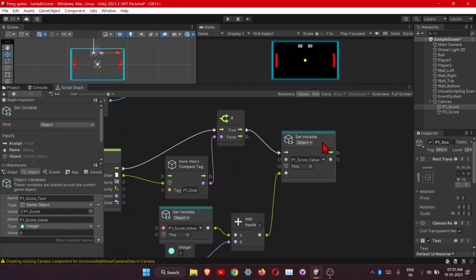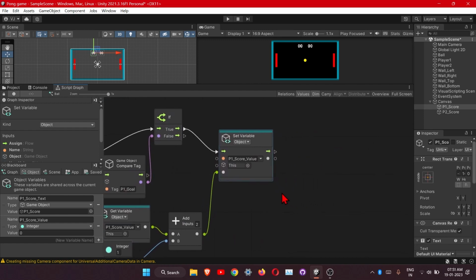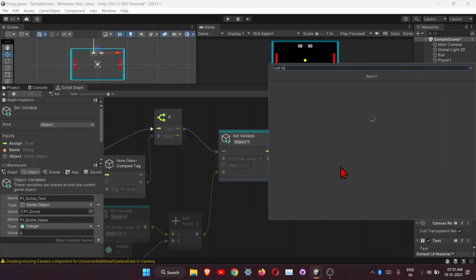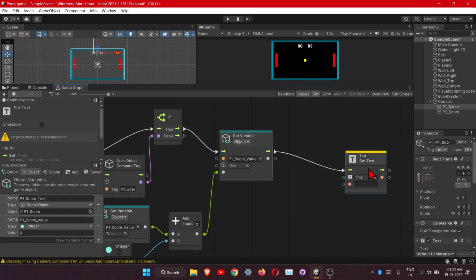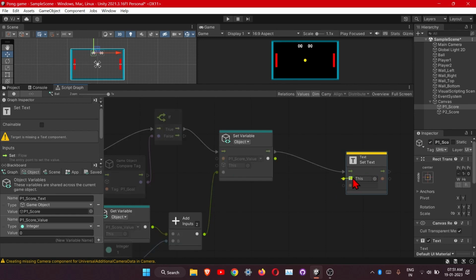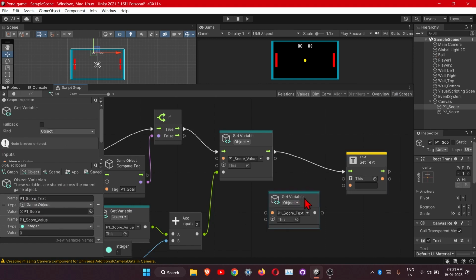So we need one more part. This will update our score value here only, but this is only the variable, this is our game object, so we need to also set this one. For it we need the set text option, set text. This time the text is our score text, this game object, this one which we created. So just get it and just connect it here. So this value will be set to this one,